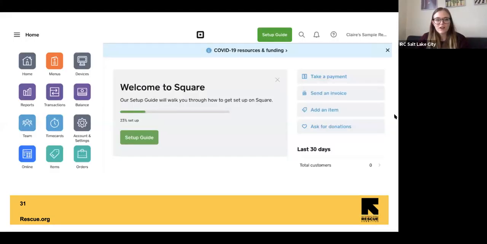To do this, you'll start at your Square homepage that you should be familiar with from setting up your Square